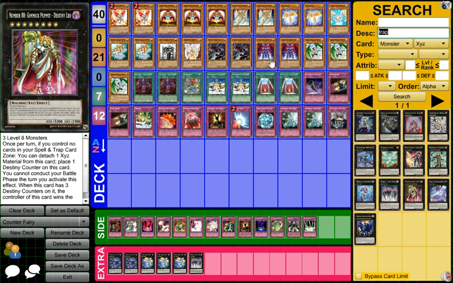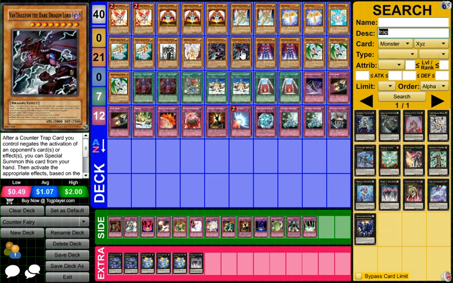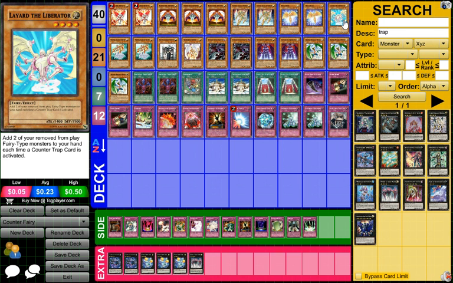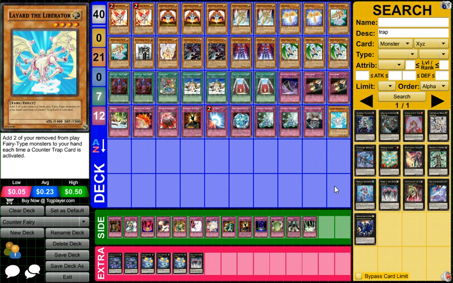Oh, what level are my high level monsters? This one's level 8. This one's level 8. This one's level 8. Is that all I have? Yes, it is. Okay, so you know what? I'm going to take out Layard, because I have nothing in here to banish monsters. I'm sure there's traps and stuff that banish fairies. But for now, I'm going to take that out and put in...